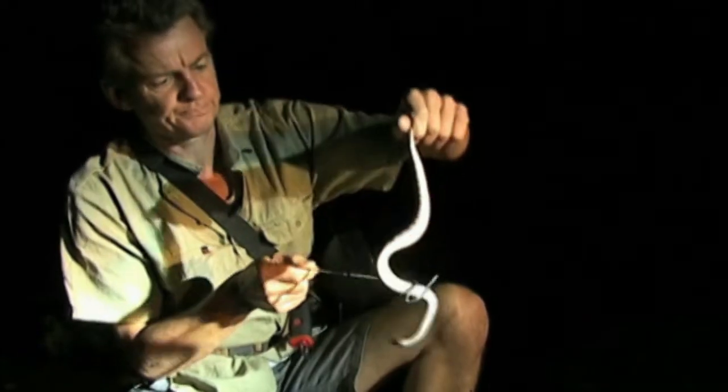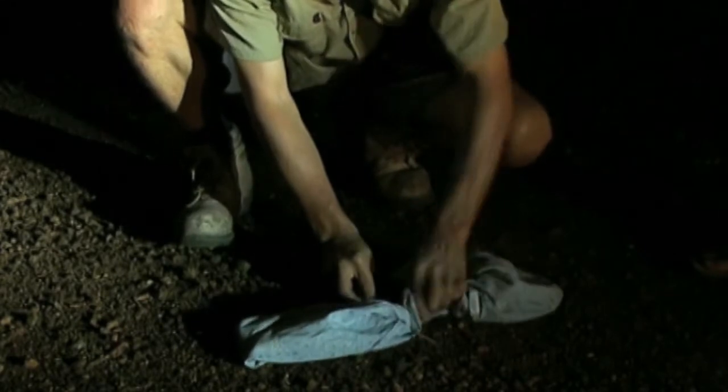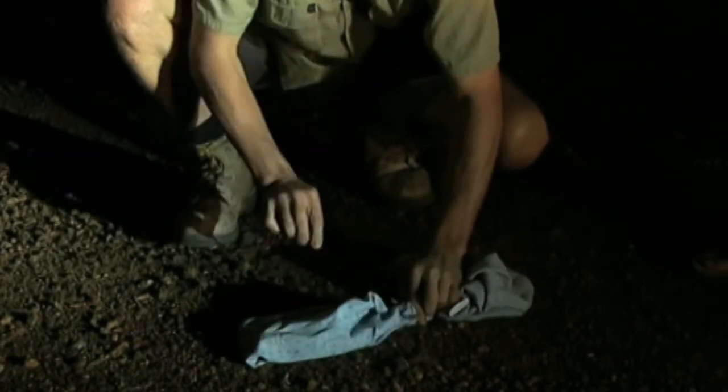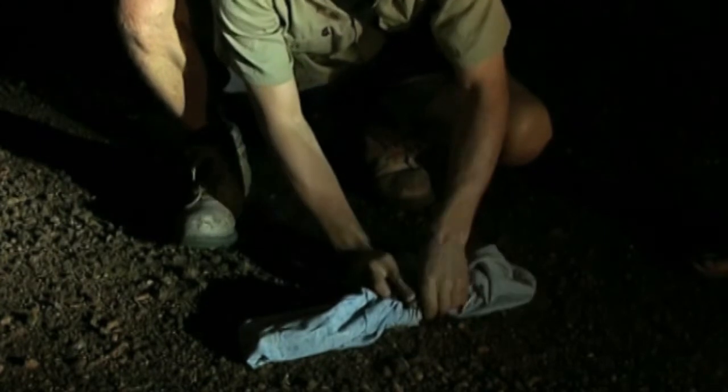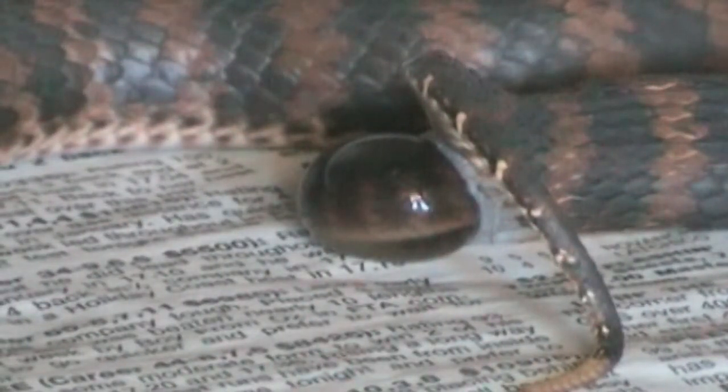Stunning animal. I don't recommend keeping venomous snakes as pets, but if you choose to do so, death adders are one of the more manageable species. Being ambush predators, they appear somewhat sluggish, but they can strike with lightning speed and should always be treated with the utmost caution. Death adders give birth to live young, as we witnessed when Dave's gravid female produced a litter